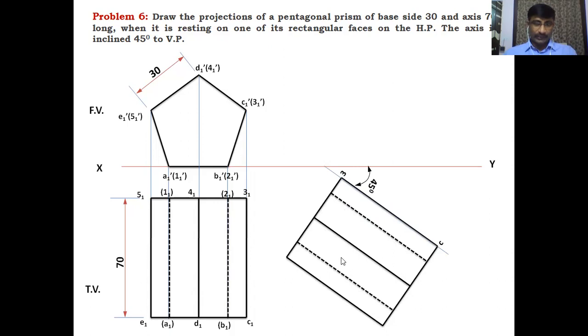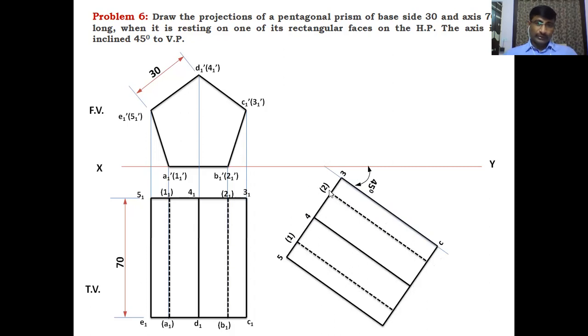And also draw the two dotted lines at the same distances as in the front view, that is, the first stage top view distance. Measure these distances from each side and locate the points first of all, and by joining the points we will get the dotted lines. Okay, after getting the dotted lines, locate the base points. These are the numbering base points, these are the lettering base points. So this is 3, already located. 1 1, that is, 1 becomes 1 here in the last stage, that is the second stage. Next, 2 1 becomes 2.